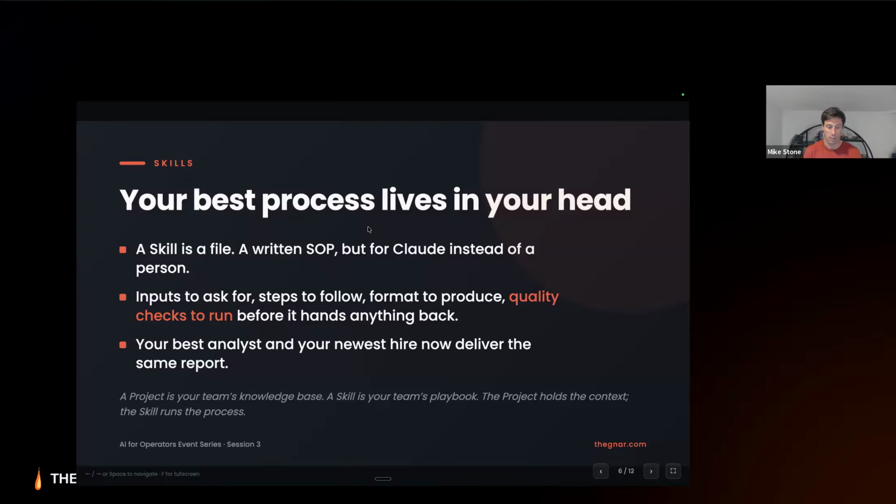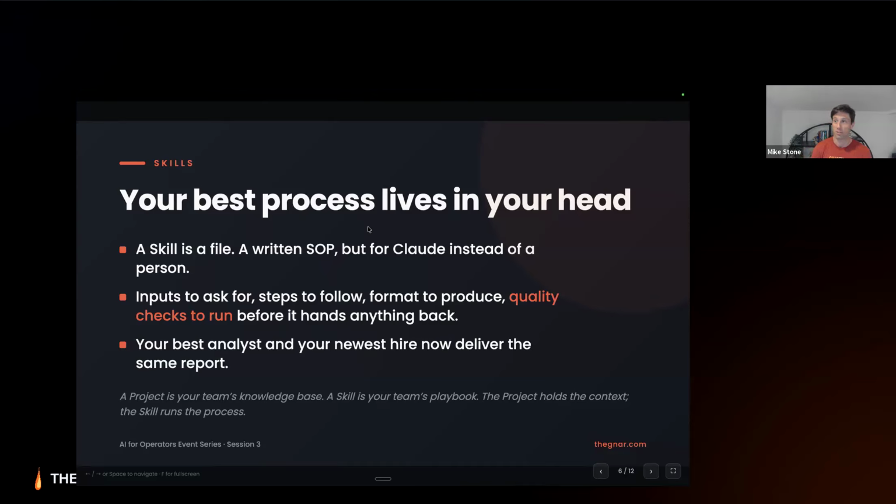So Claude comes baked in with a number of skills for Excel or Word and PowerPoint and PDFs. These automatically get activated, and I'll show a little bit about how Claude knows whether to activate a skill or not later. And then there's the marketplace of skills. Like I mentioned before, Claude Code was using an open source skill that I had installed on my instance so that it could use that. And now we can create custom skills by defining our specific processes.